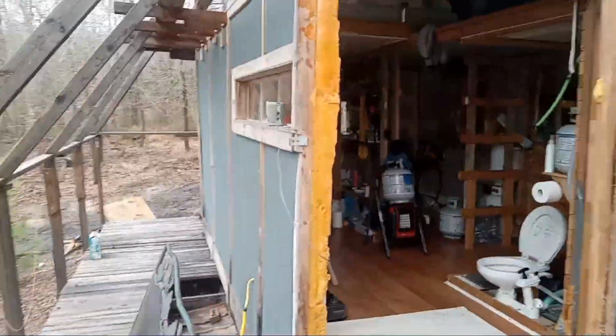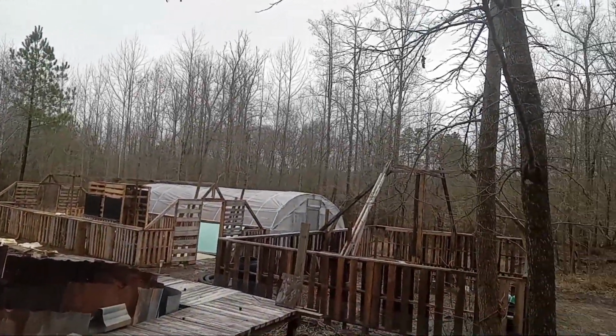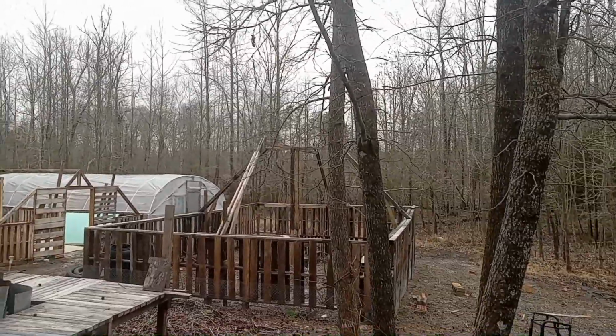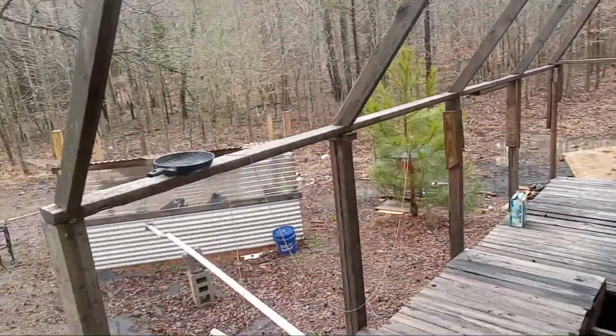I did get the hydroponic system completed. I found some perlite, so I mixed that with the vermiculite and found some 2-inch solo cups and got those all filled up. I got all the hydroponic tubes set up. But today